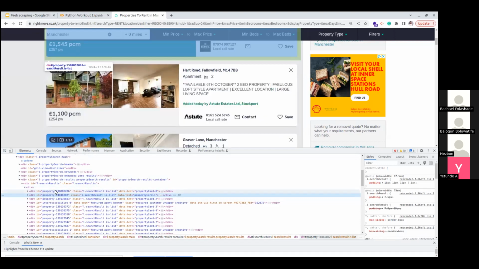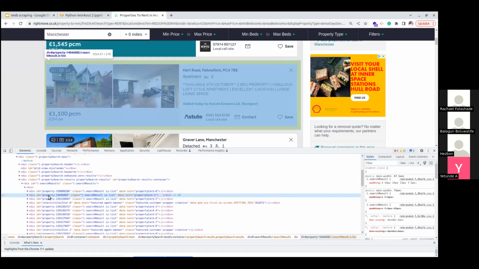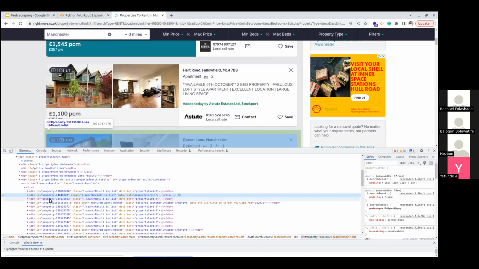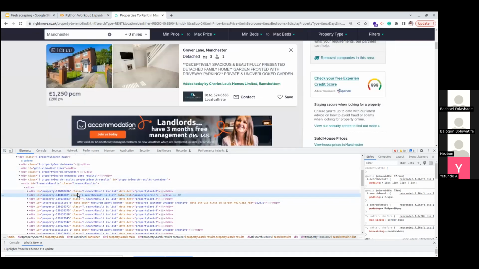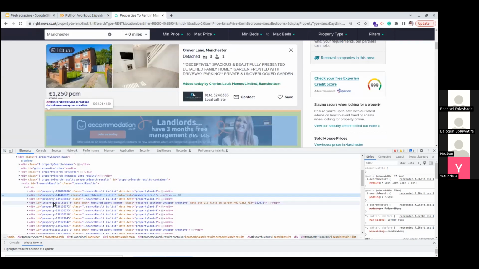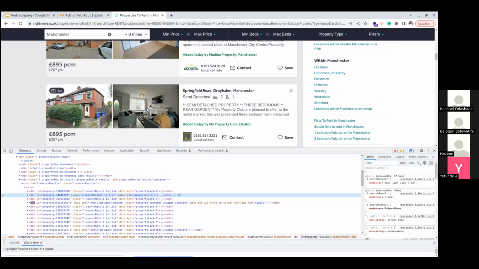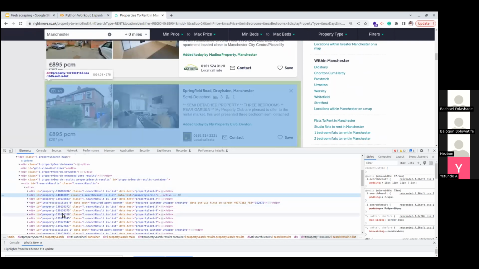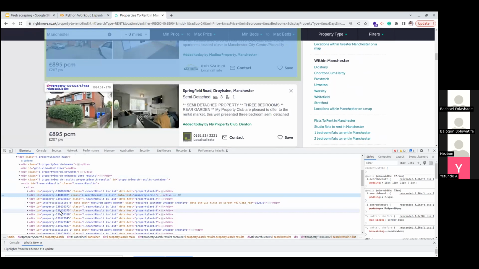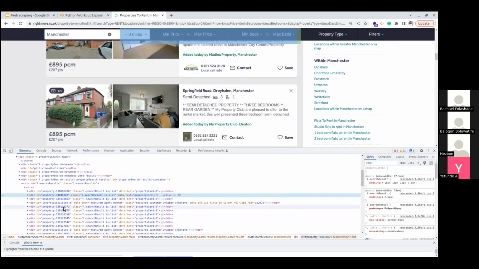So just watch me as I move this cursor. This is the first one. This is the second. You can see that as I'm moving, it's highlighting the houses. After this one, we see this div, which is just an advert on the website, so we don't need that one. Let me scroll down because then you will not see some of them. You can see this one here, and then this one here. As I'm moving, it's taking me through each of those sections, divisions that have the details of the houses and the things I'm looking for.